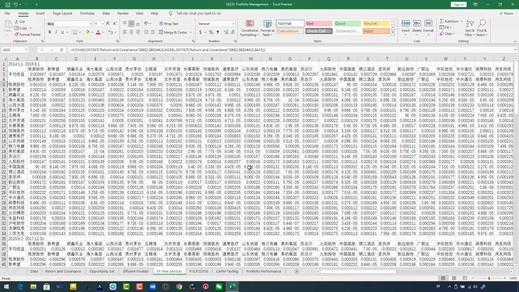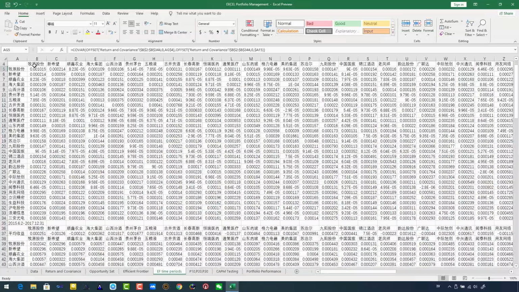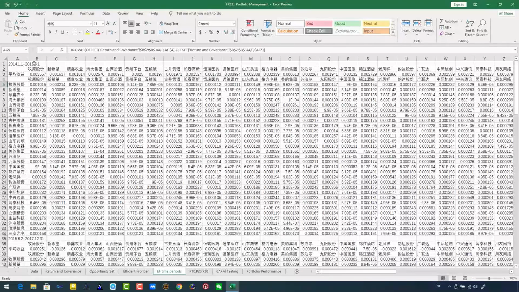The next thing I will show you is the efficient frontier from different time periods. You can click the efficient frontier time periods spreadsheet. Let's have a look at the efficient frontier from different time periods. I have separated this original time period from 2014 to 2020. I have separated from 2014 to 2015 for the first half, and this part, you remember, we have a